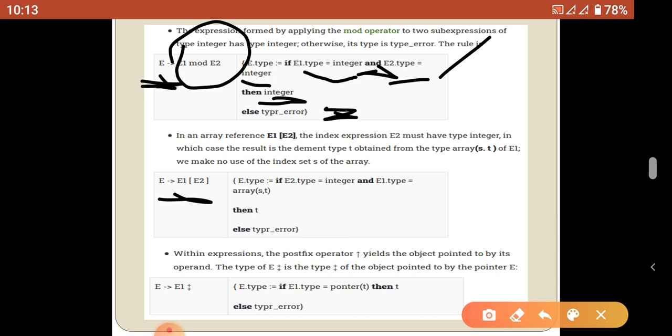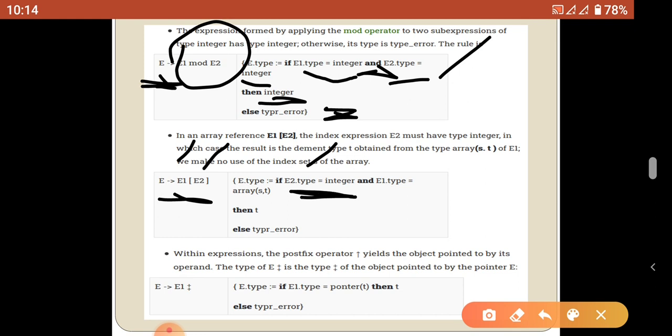So we are going to check whether the index or size of the array is an integer, but the array data type may be anything. Once we validate these rules, it returns the valid data type, otherwise it informs a type error. We are going to check that E1 is the array name and E2 is the size. So the E2 type should be an integer.